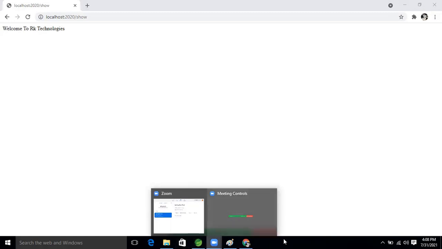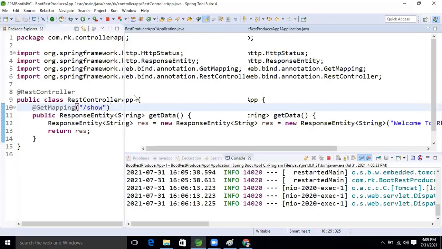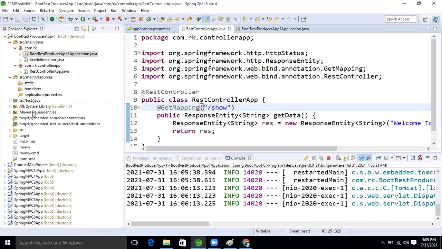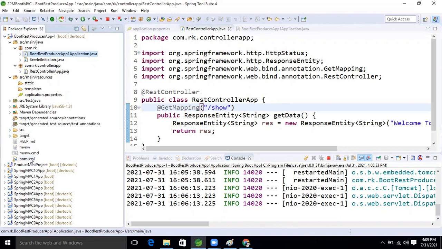Sir, how to use the dependency in this project? Only web. See these two dependencies: Dev Tools I used and Spring Boot Web, Spring Web MVC.